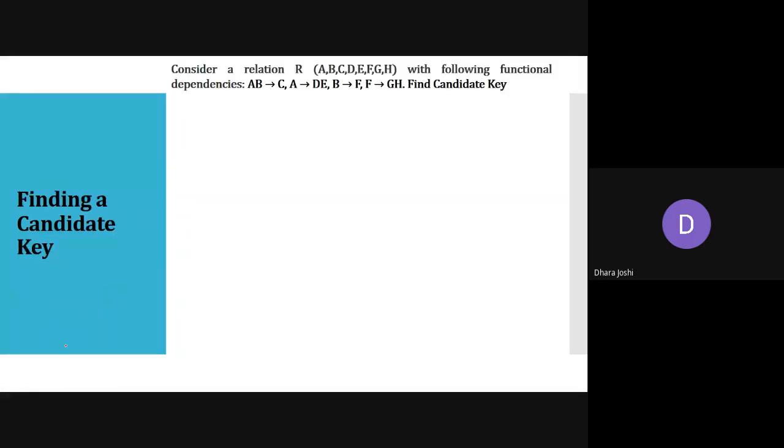We need to find the candidate key, and for that we have done one example completely, and the second example we have started. So how to find the candidate key? Whatever functional dependency is given, you need to draw like this. From the value of A and B, I can get the value of C. So from A and B combined, if the two values combine together, only then the value of C will be there in the result. Now take the first two rules here.